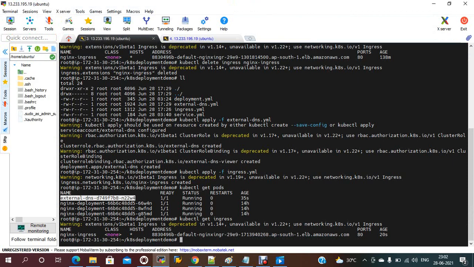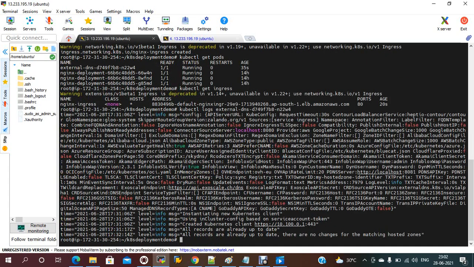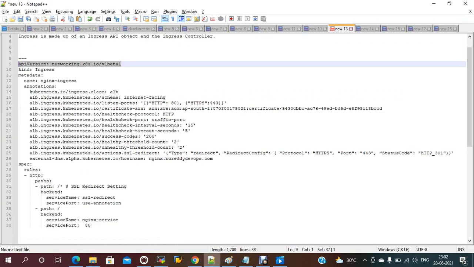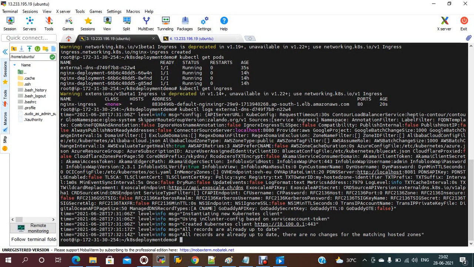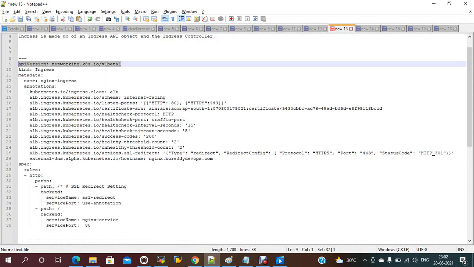Let me check kubectl logs. All records are up to date. All records are already created. That's why there are no matching hosted zones. It's saying already created. Using this service only, we can get it created.